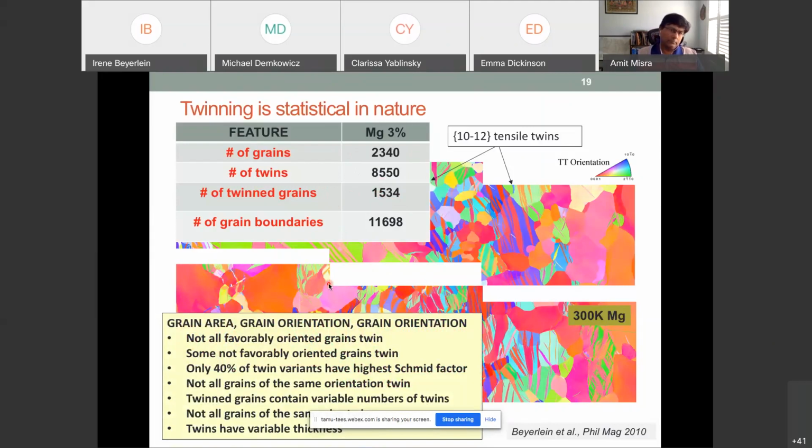At the time, many of the models that we had for identifying what grains would twin and what are the properties of grains that would tend to twin more in a grain and then in a material than another